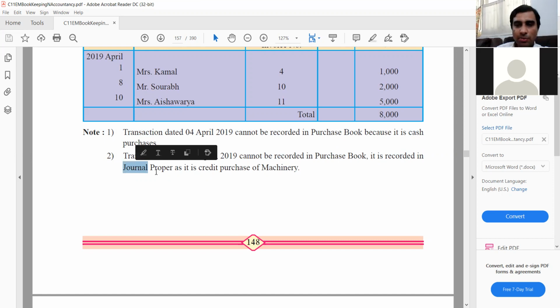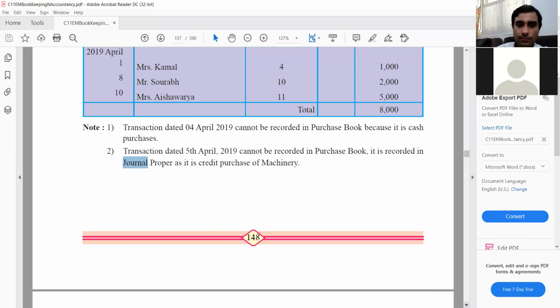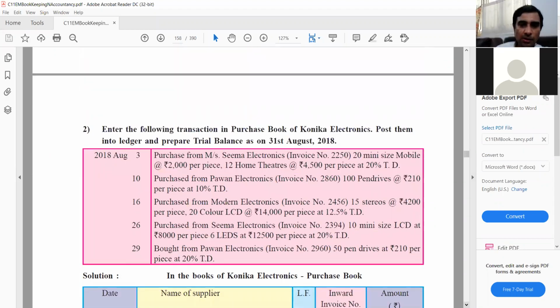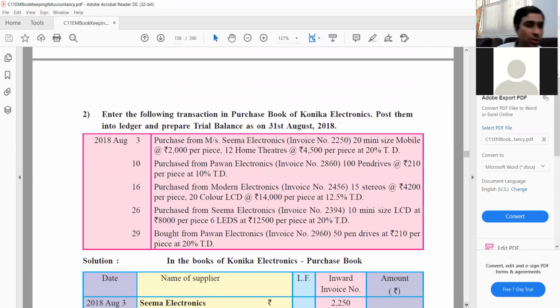Journal proper is for all transactions which are not going to be recorded in any of the subsidiary books. So we'll go over a second solved example. This is probably going to have some more numericals to play around with, because there is trade discount and maybe cash discount. I can already see it. GST will also come in. In this example, it doesn't look like they've included GST, so maybe the third solved example will have GST in it.